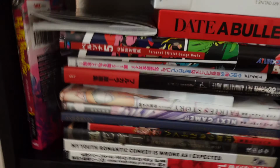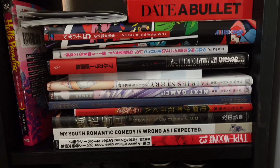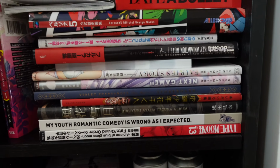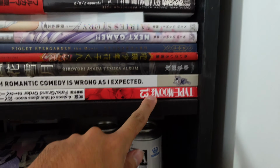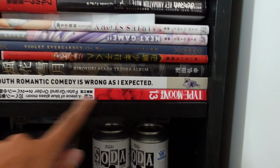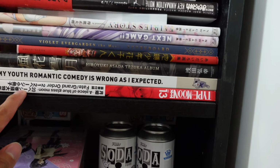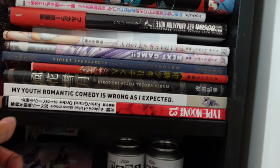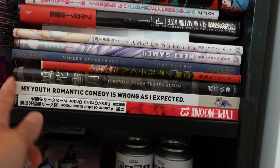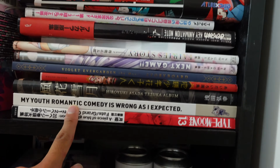with the Blu-ray. And then down here below that is just an assortment of art books. We have the Tsukahime one. I believe that's a magazine and not an art book, so yeah, we have the Origairu art